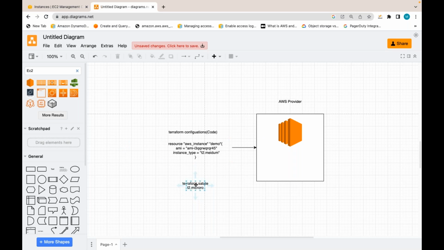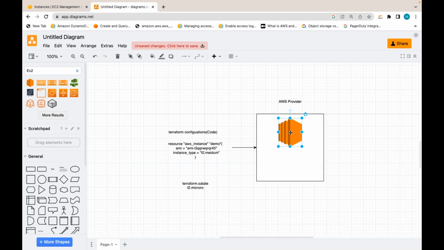Terraform will compare the current state with the desired state. If there are any changes in the desired state, your code, compared to the current state, there are some modifications to your infrastructure code.